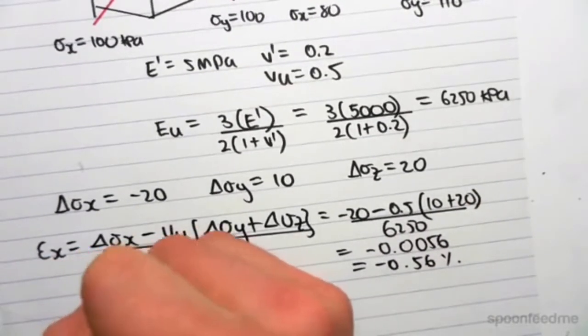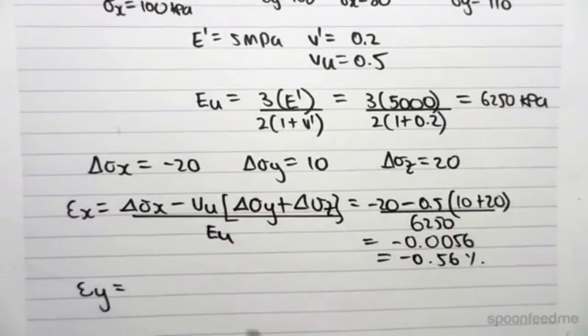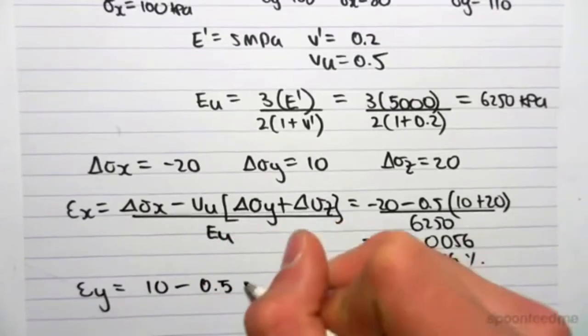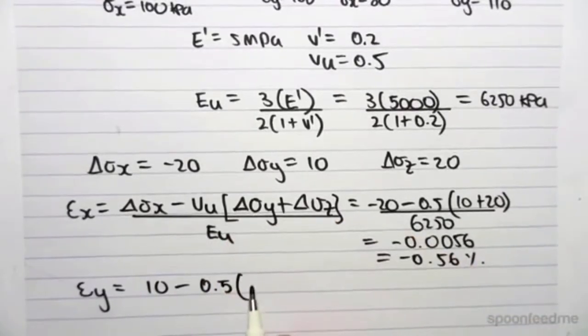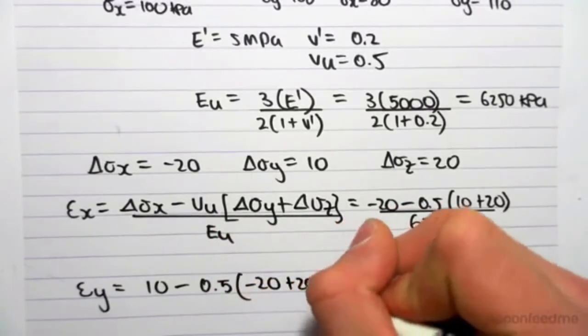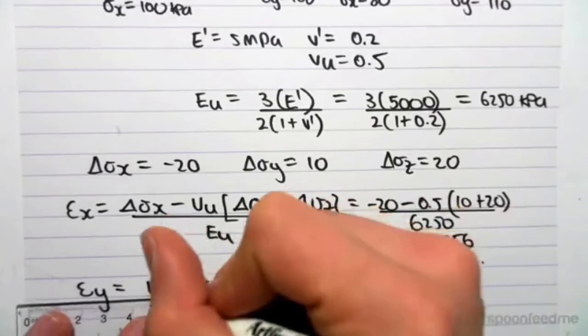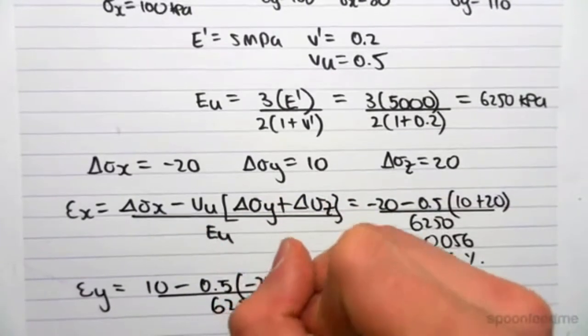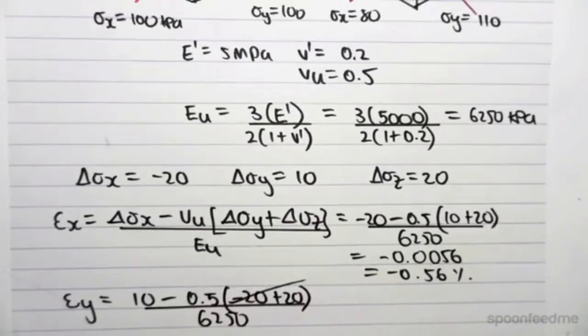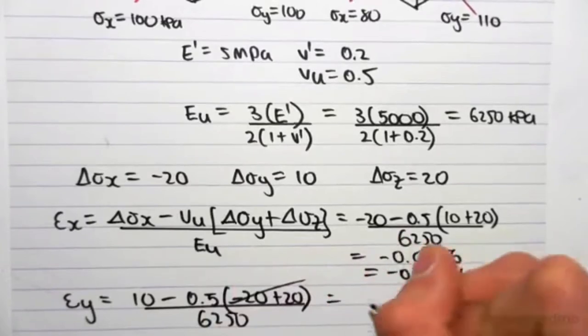Similarly, for EY, I'm not going to rewrite the formulas, but it would be change in Y, so it would be 10 minus Poisson's ratio, which is 0.5, open brackets change in X plus change in Z, so minus 20 plus 20, over EU, which is 6250. So you can see minus 20 plus 20 would be 0, so we're not going to get anything from there. So it's just going to be 10 divided by 6250, which is equal to